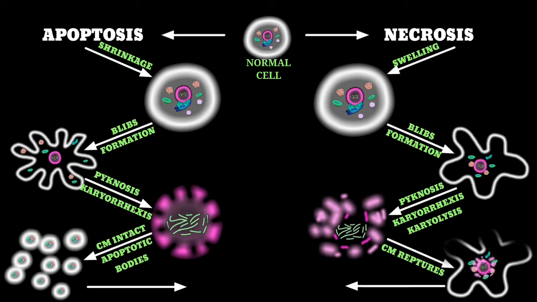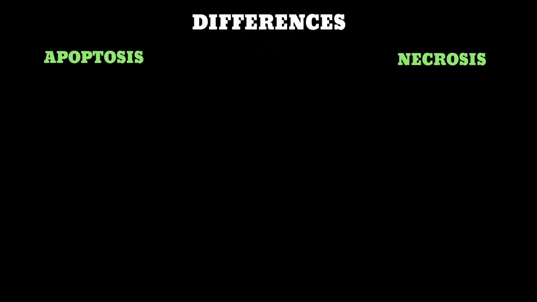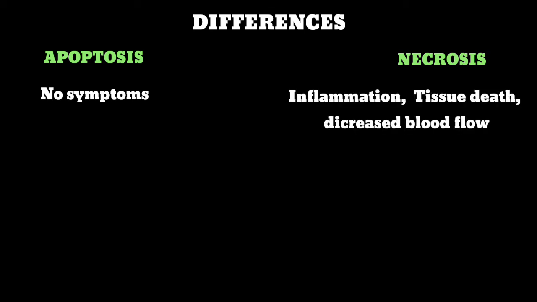Then we see these two leading to the same fate. And what's that? Phagocytosis. Apart from these, there are other important differences. In case of apoptosis, no symptoms are observed. The symptoms like inflammation, tissue death, and decreased blood flow at the infected site are observed during the process of